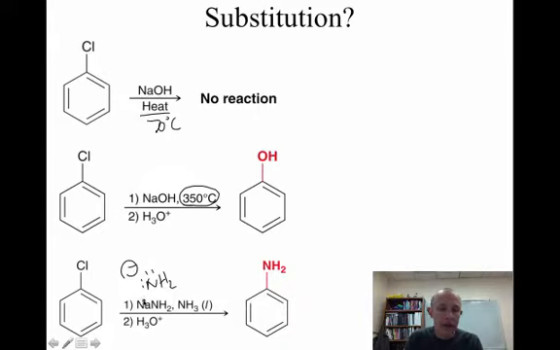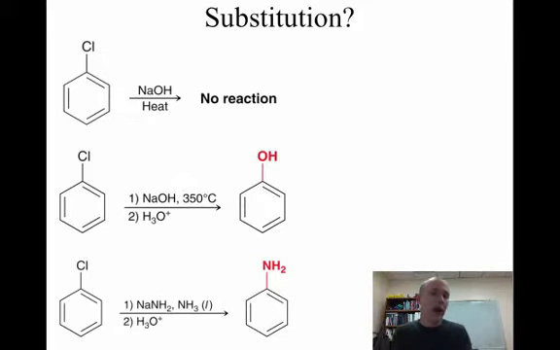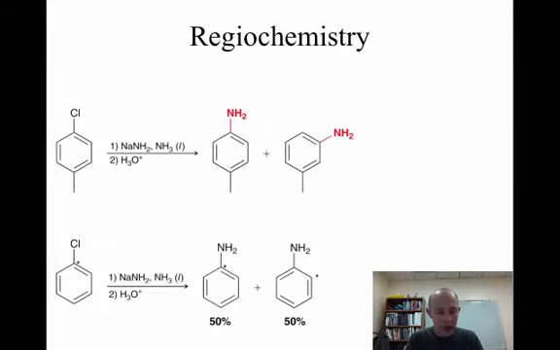So in this case, this is not nucleophilic aromatic substitution, and it's not an SN2 reaction. If we get additional information, it will help us figure out what the mechanism is. So let's say we take the same compound, except we put a methyl group here. If we have a CH3 para to the leaving group, what we notice is that we get a mixture